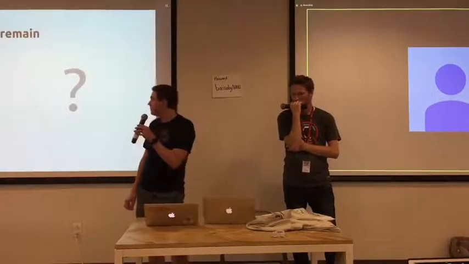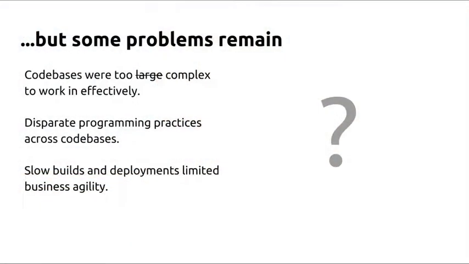However, some problems remained, even after we had switched to this microservices architecture. Even though our code bases were smaller, they were still complex. A lot of them were in Node, and for this reason, people were using different testing frameworks. They were approaching the problem in different ways, and Node has a sense that you can solve the problem in many different ways, whereas as we'll move into with Go, there's more of one way to solve this correctly.